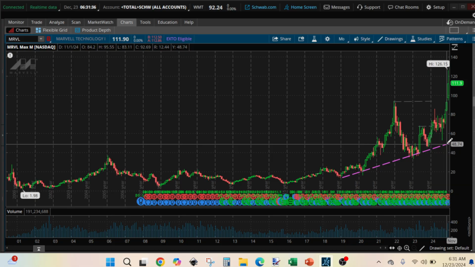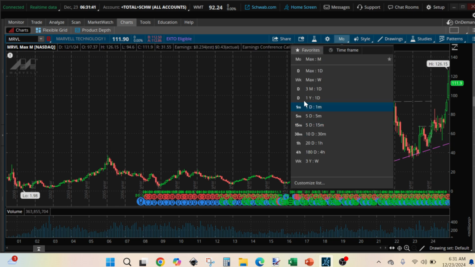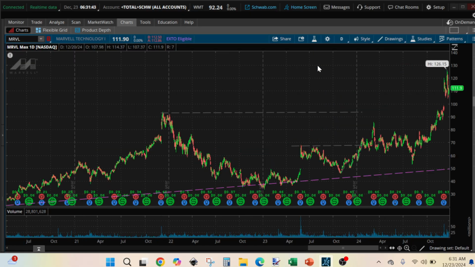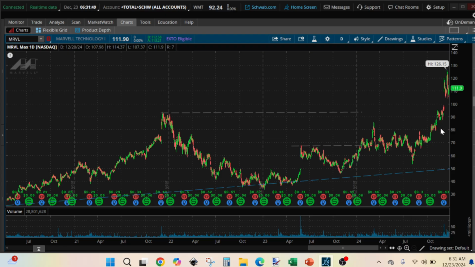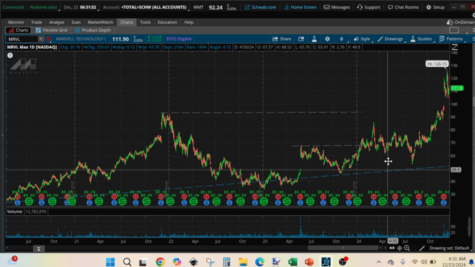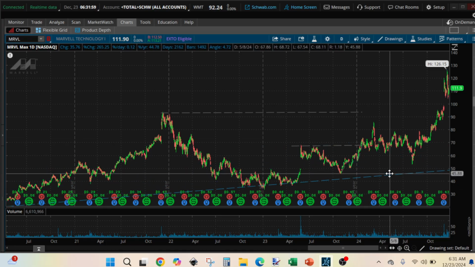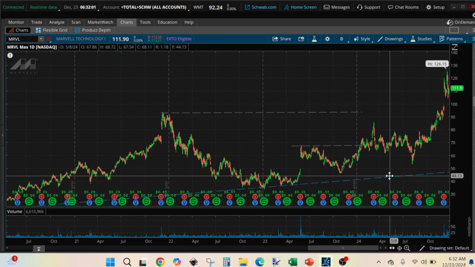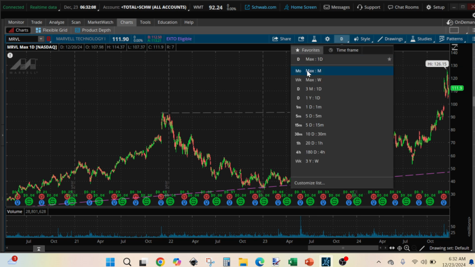So I don't need to go to, let's see if we'll be able to see this line on a daily chart. Yeah, we will see it, and that is the line that I'm going to trade it on. And now from here I can actually activate it and lower it some more, so that I'm right at the bottom of those. Okay, so now let's go back to our maximum monthly